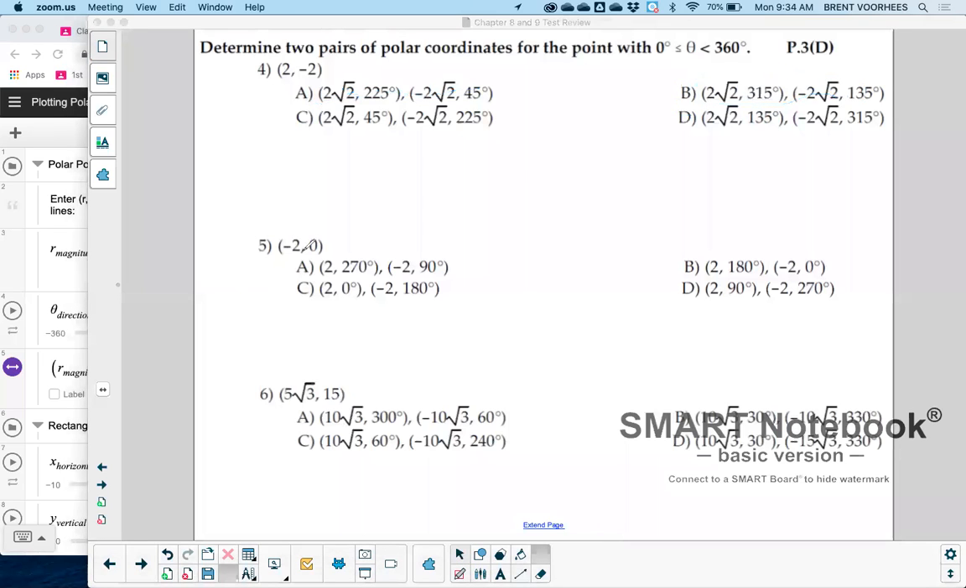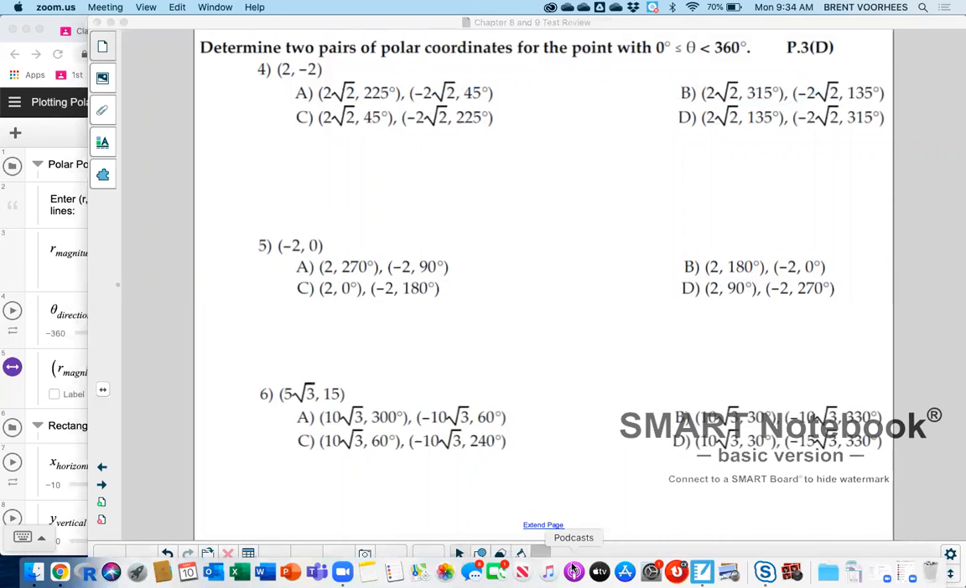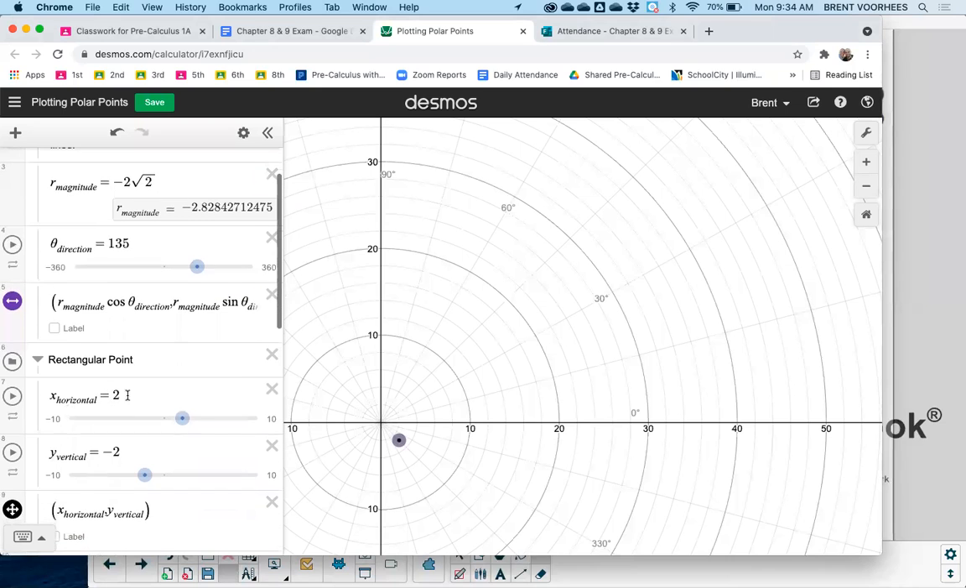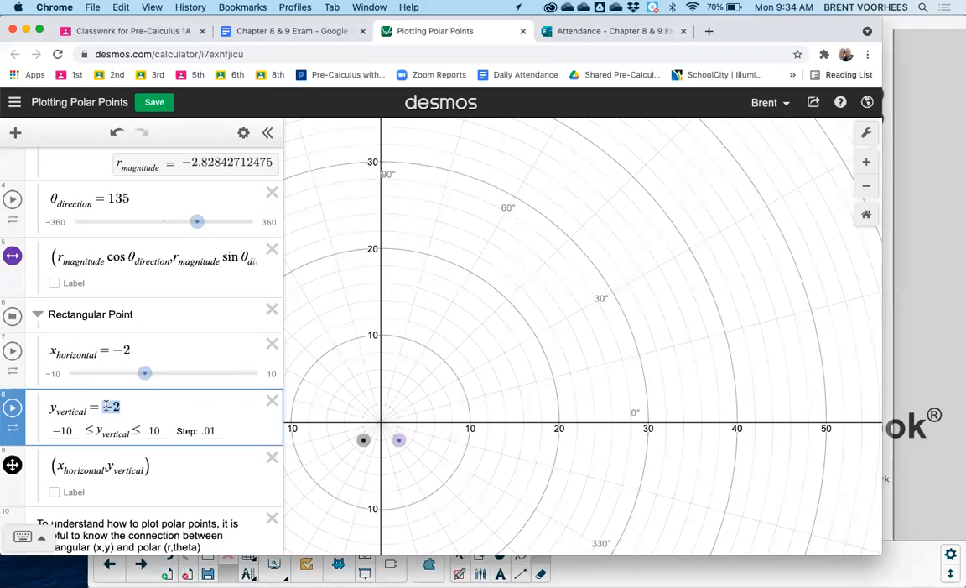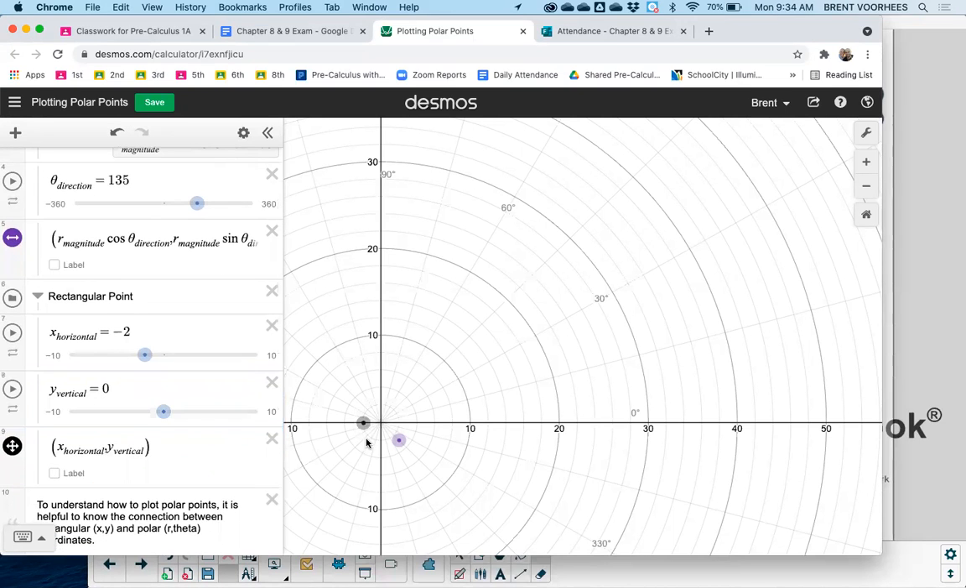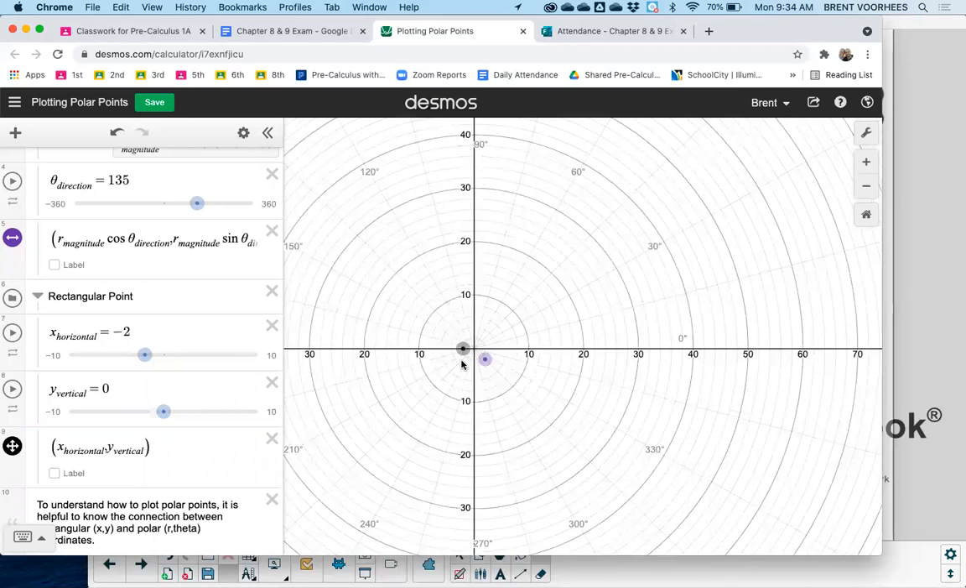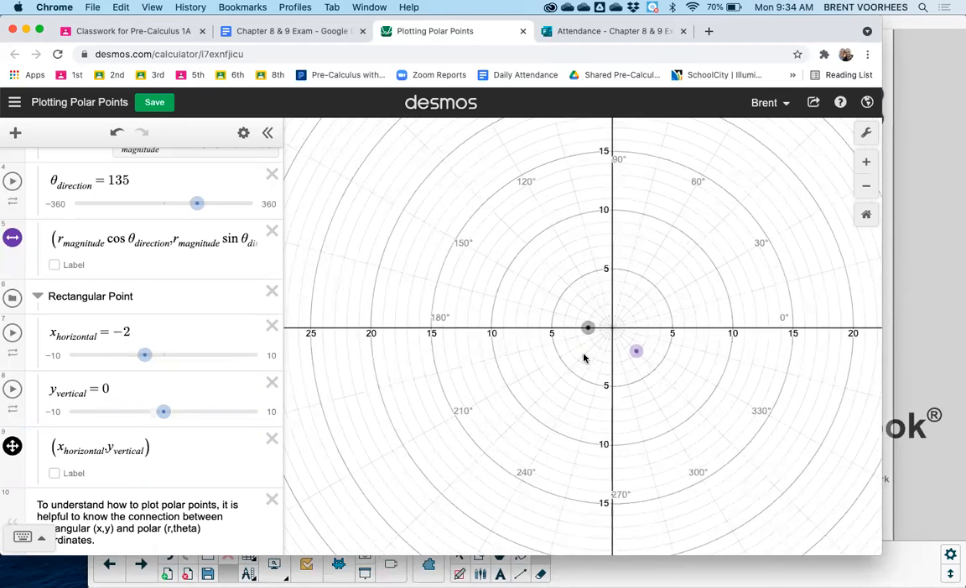It says, here's your rectangular point. We know it's rectangular because there's no angle symbol there, no pi. So we're looking at -2, 0. So I'll plot -2, 0 as a rectangular. And by the way, one way of kind of cheating a little bit is if you look out here,